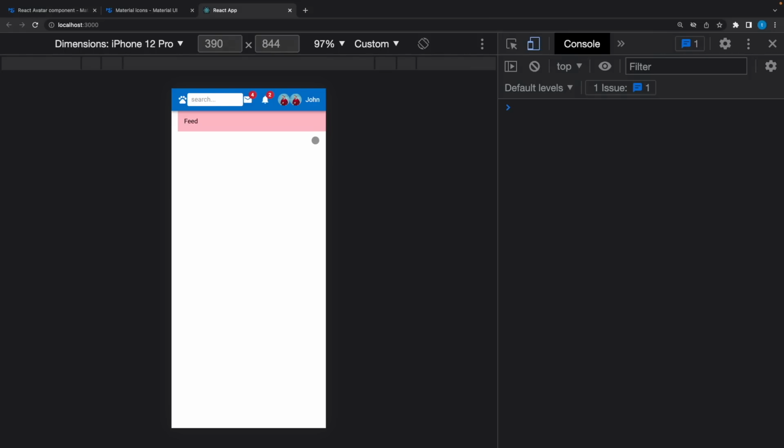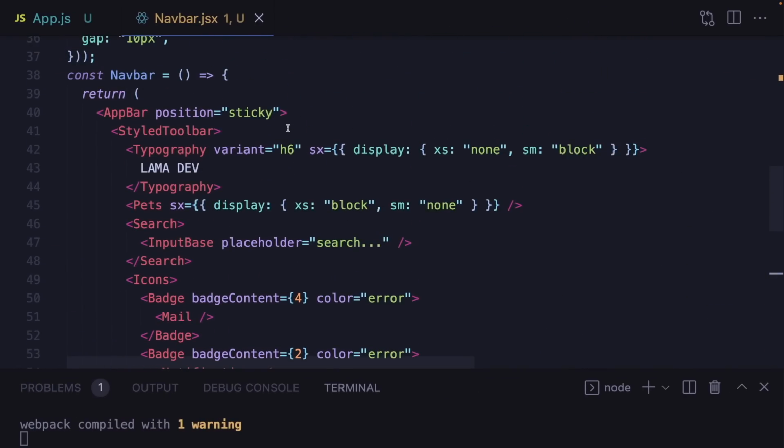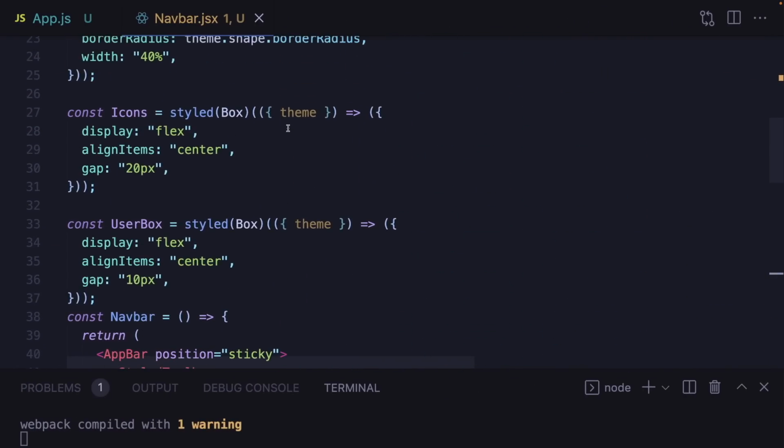Like that. So what I'm going to do is give my display condition. If it's small screen, we are going to delete this one, and we are going to show our user box. If it's bigger, it's going to be the opposite. So how are we going to do this here? As you can see, we are using theme. We can use it, and I will say